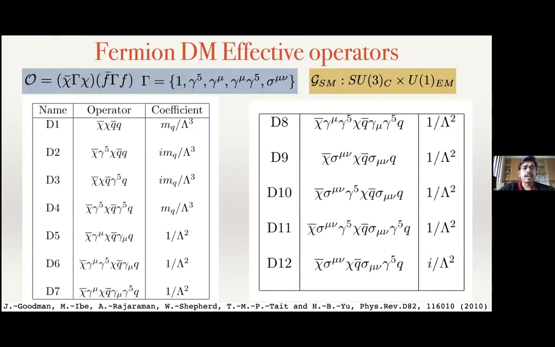And then you can construct all the operators which just have the form like chi bar gamma chi, F bar gamma F, where F is standard model fermions, including quarks and leptons, and chi is essentially the fermion dark matter that one can think of. So these are the big list that was provided, and it is one of the most cited papers in this